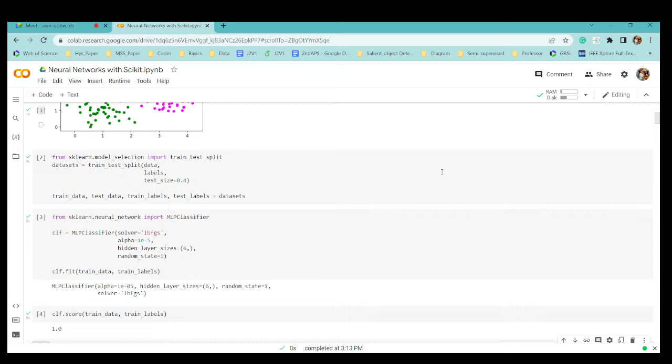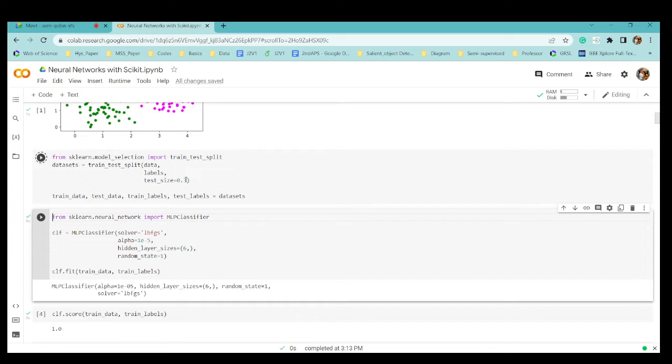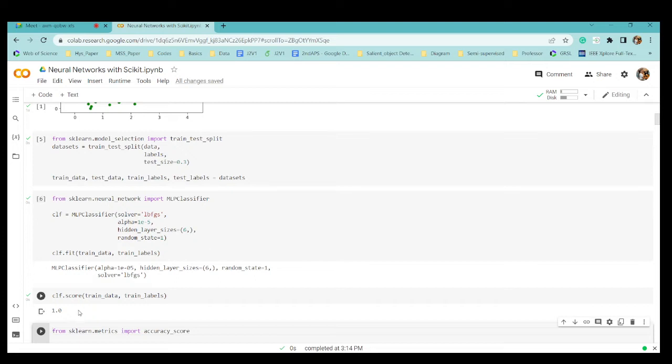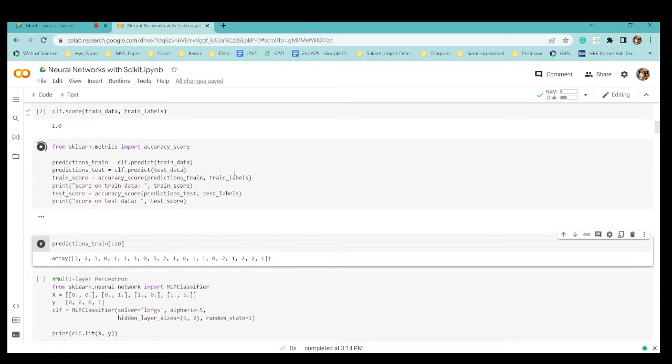If I change the test size to 0.3, the results will be something different. Training accuracy should come at least 1. It's more of a joke: whatever things you have taught in the class, that is the question coming in your examination, so you should know about that. What matters is to calculate the accuracy on test data. Okay, so that is what is important.